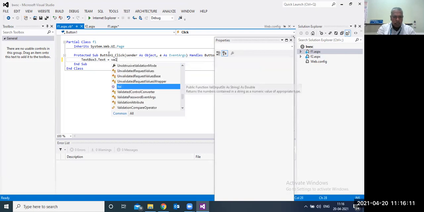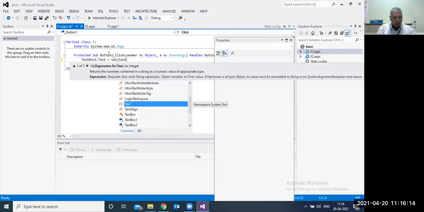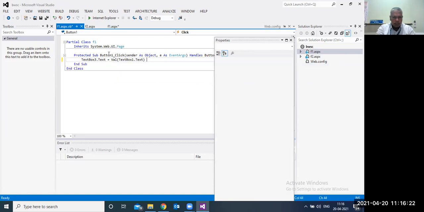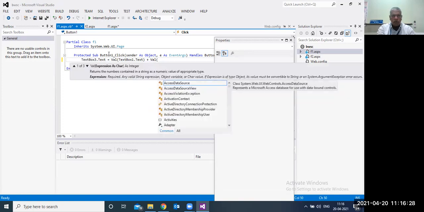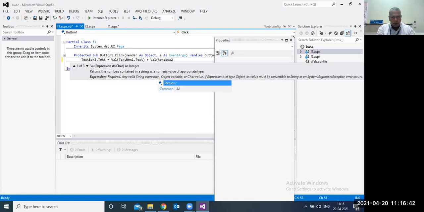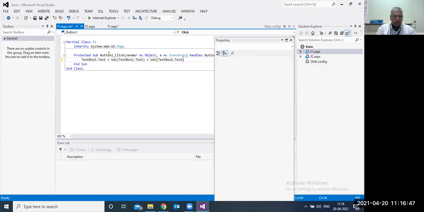I have to convert Val(TextBox1.Text) plus Val(TextBox2.Text). Because it's a string, I have to convert it into numeric, so I am using the Val function. This is the coding.